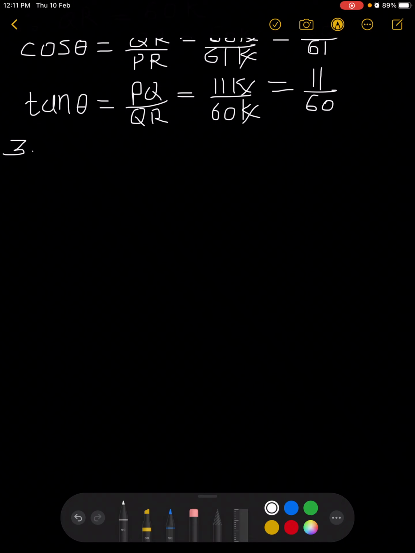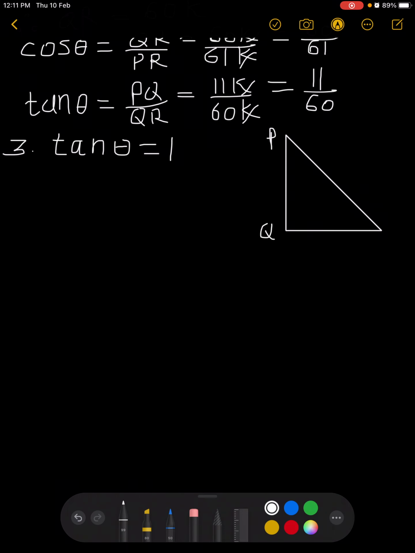Hello everyone, in this video I am going to take examples of 8.2 question number 1. Example number 3, it is about tan theta is equal to 1. Find out sin theta and cos theta. Let us draw here a right angle triangle PQR. Angle Q is a right angle, R has measure theta,